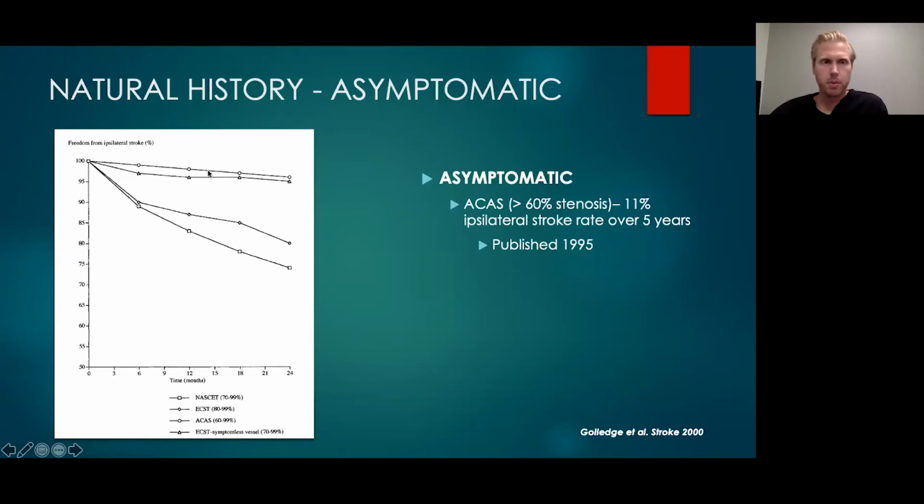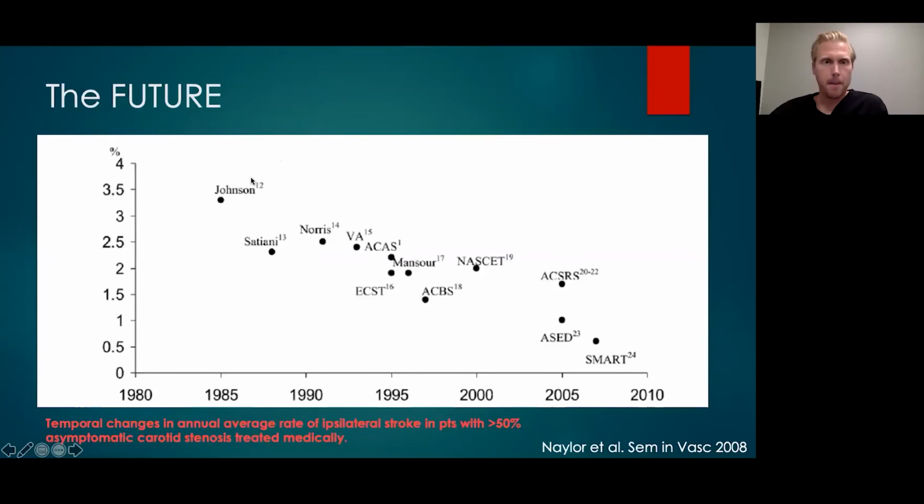So this is this group up here that is coming out to 2 years with very little in the way of strokes. In addition, you see that over time, since '85, all the way out to the mid-2000s, there's a trend toward decreasing ipsilateral stroke rates in patients with over 50% asymptomatic carotid stenosis treated medically. So this, for example, was ACAS that we just talked about, then ASYMPTOMATIC trials, and as you get closer and closer to current days, it seems like the stroke rate in the medical arms of these trials is decreasing in asymptomatic